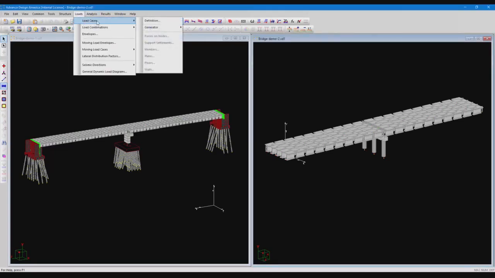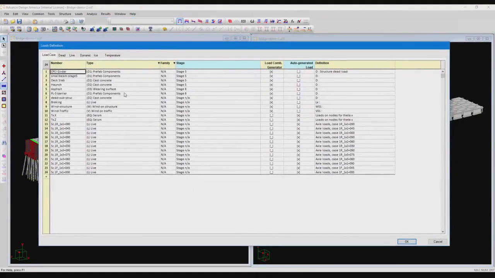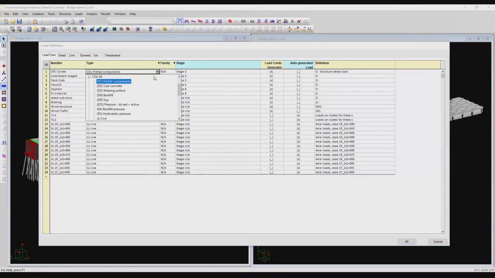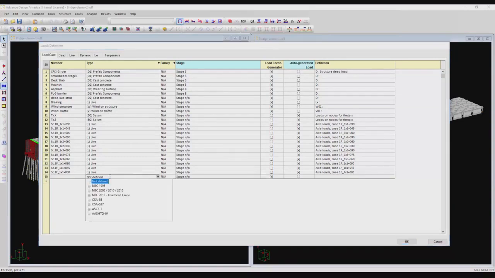So let me open the table of load cases. As you can see on my model, I already have a few of them. And so each of them have a different type. So for example, this one for girders, it's a prefab component. We have cast concrete, wearing surface, live loads. So we create different types of load that we need. There's a lot more that we can create than what's listed here. So if I go to the S6 category, just to give you a preview,